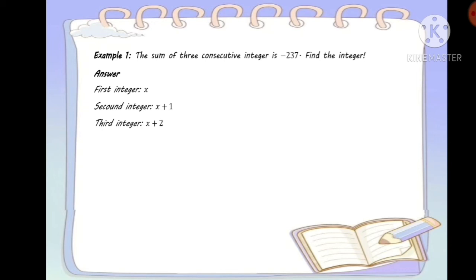In this problem, we see an equation in the sentence. The sum of three consecutive integers is minus 237. It means that first integer plus second integer plus third integer is minus 237. We can write x plus (x plus 1) plus (x plus 2) is minus